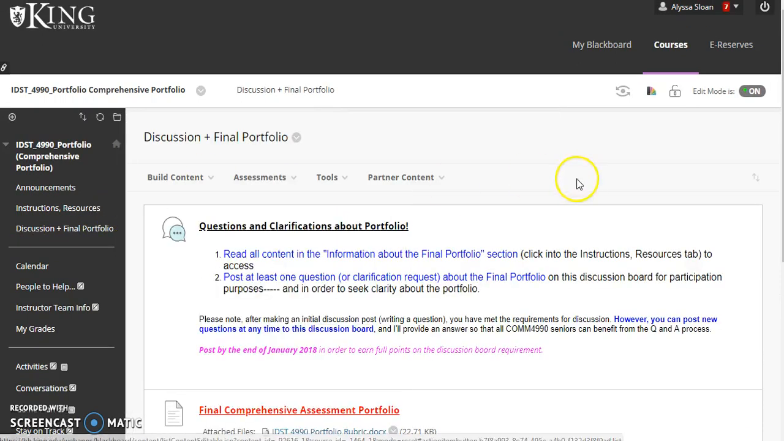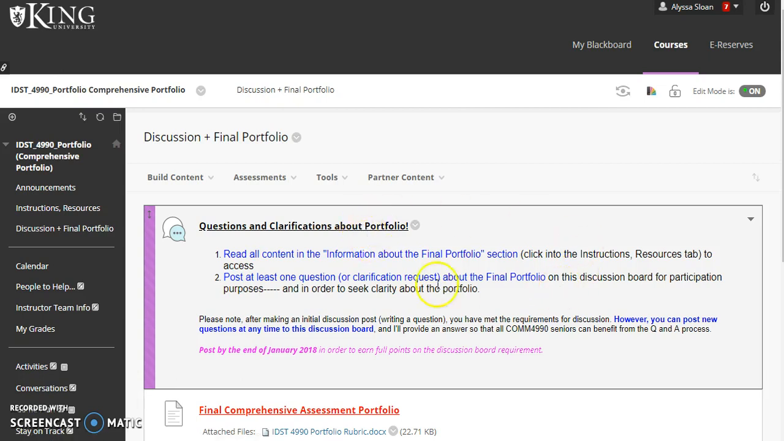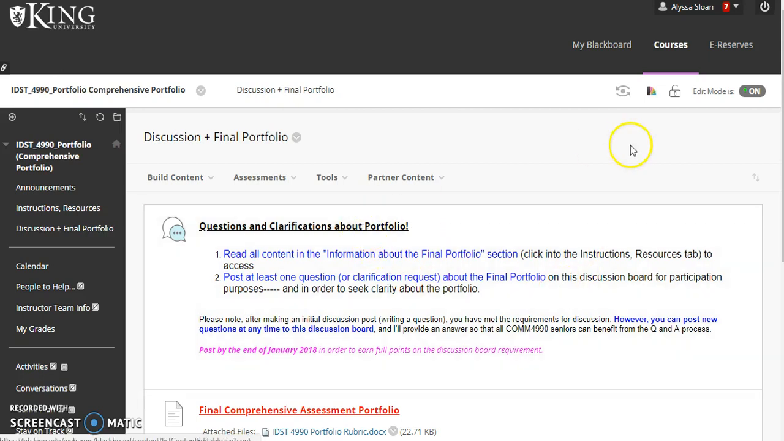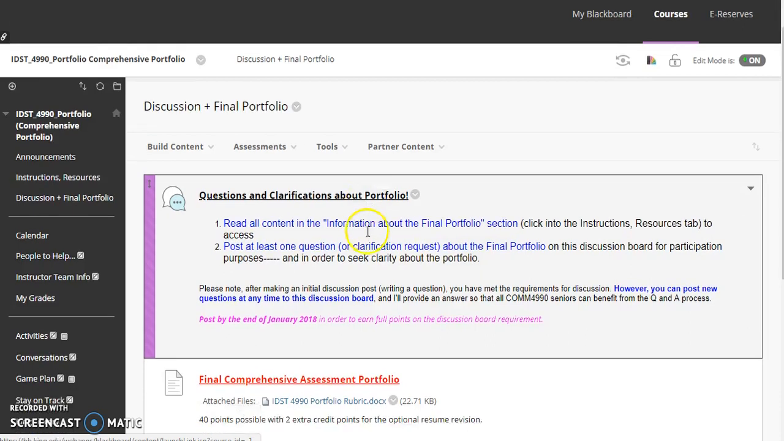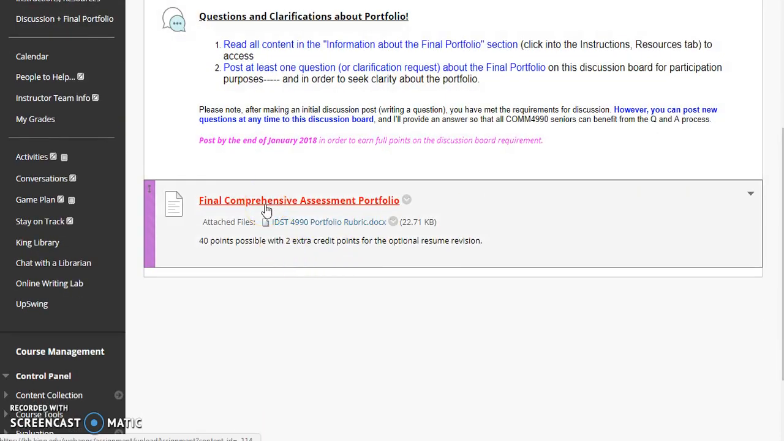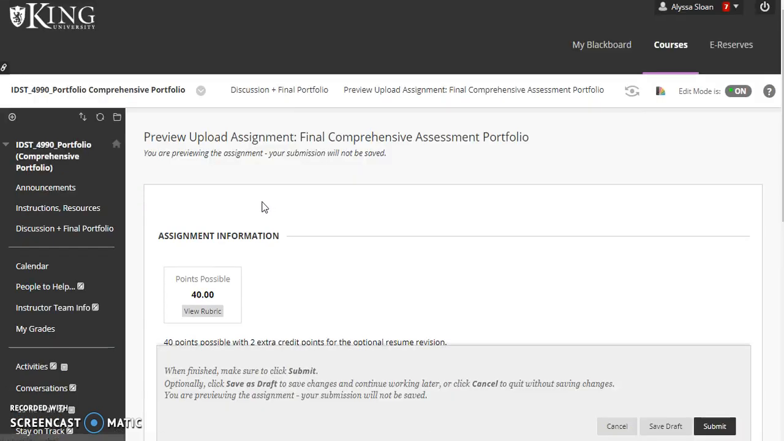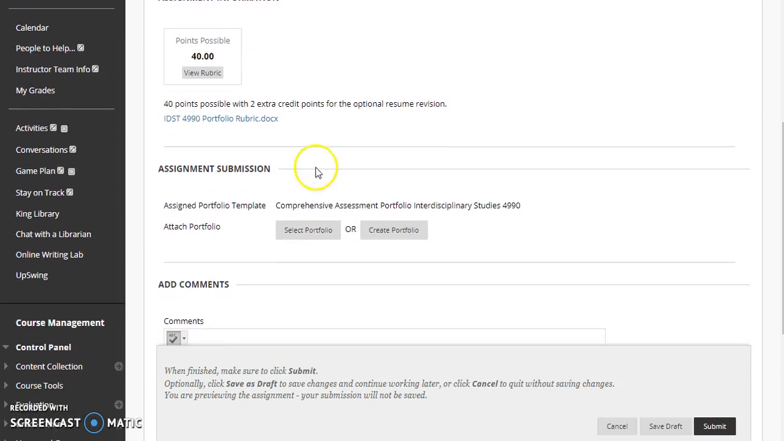So after you have submitted any question or a request for clarification about the portfolio here, then the next step is for you to, of course, identify the various components of your portfolio. And then what I would advise is that you go ahead and input the 5 original works that you're going to be revising. So what you'll do is you'll click here on the Final Comprehensive Assessment Portfolio, and you can